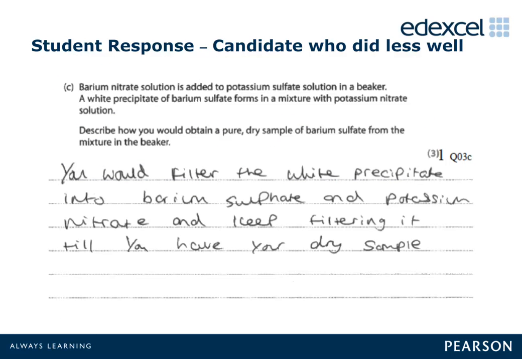The next 4 slides are about the purification of an insoluble compound in question 4C of the foundation paper. Just 1 mark was awarded for this answer. Filtering the precipitate from the mixture was the first marking point. But this candidate did not purify the barium sulfate. In this purification process, candidates should be taught the simple sequence of filter, wash, dry as the 3 steps involved.